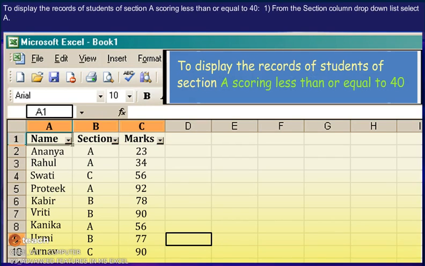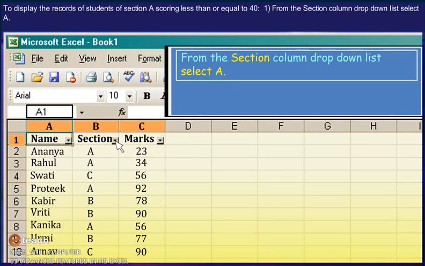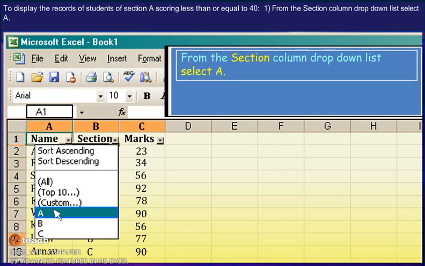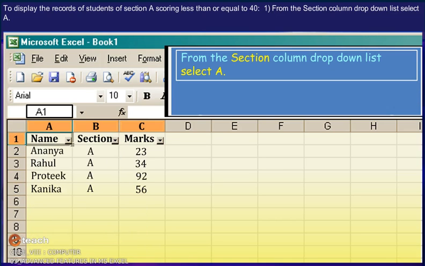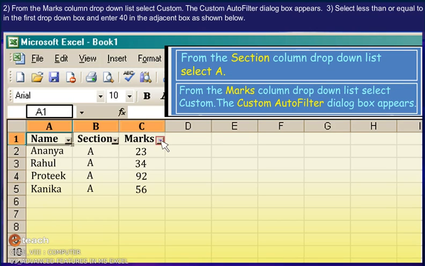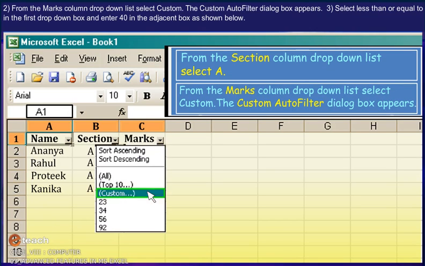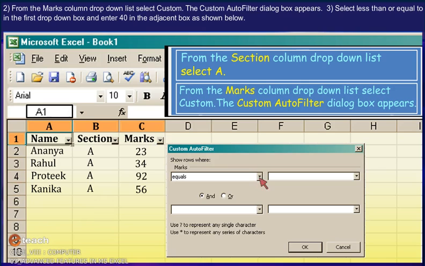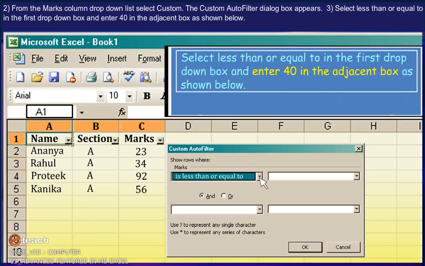To display the records of students of Section A scoring less than or equal to 40: 1. From the section column drop-down list, select A. 2. From the marks column drop-down list, select Custom. The Custom Autofilter dialog box appears. 3.